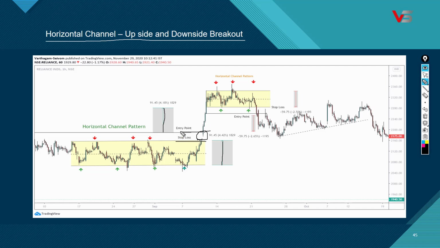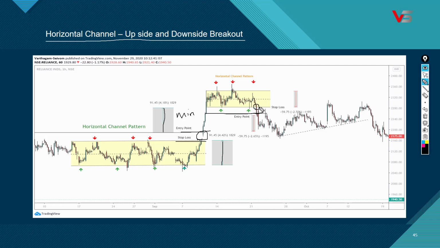See, this is the target level, this is the minimum target, but in this example the price did not go much more than that. It consolidates here and makes this small horizontal channel pattern, and finally it gives the breakout. Here we have to take the trade, we have to enter at this level. At this level there is the previous candle, so we have to get entry.